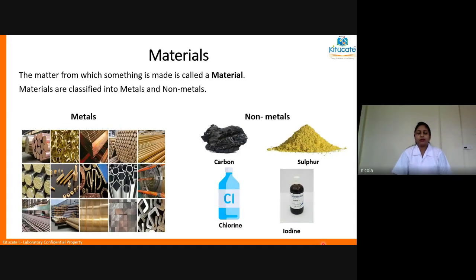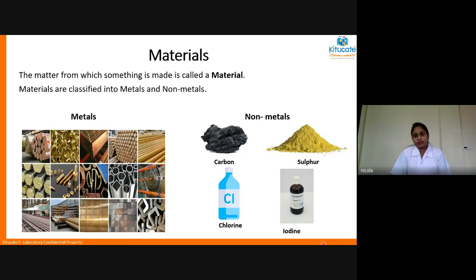Okay, sonorous property means they have a different kind of sound. That's why they are used to make bells. They are used to make temple bells, school bells. Different kinds of musical instruments are also made out of metals because they are sonorous and they're also very hard. That's why infrastructures and construction parts are all made up of metals. So these are some of the physical properties of metals.